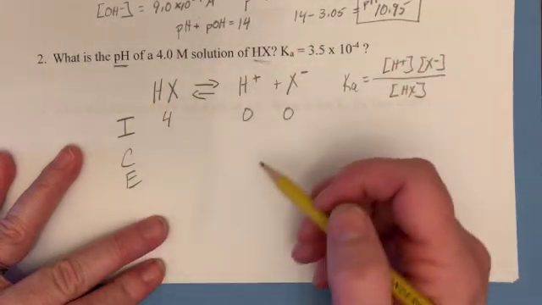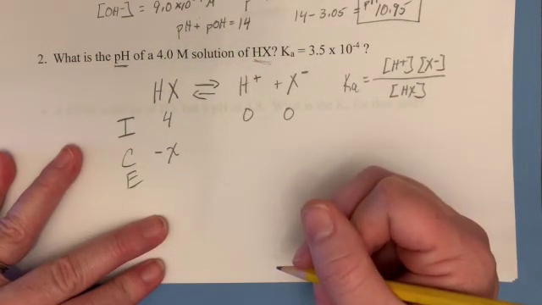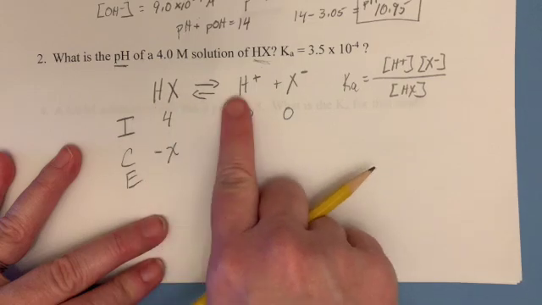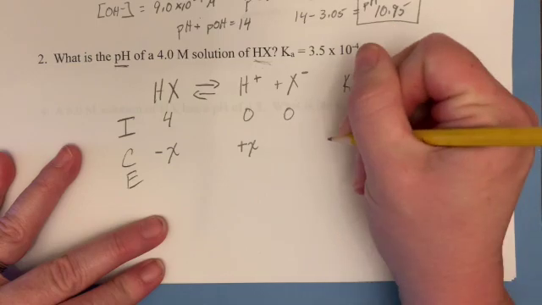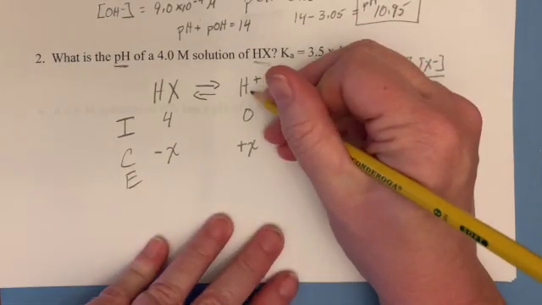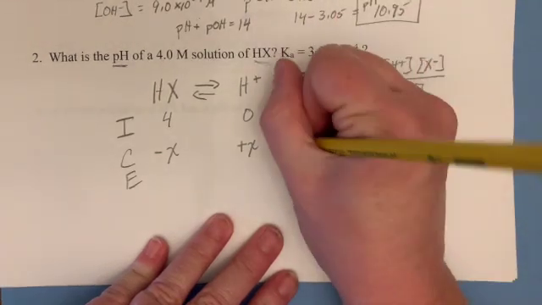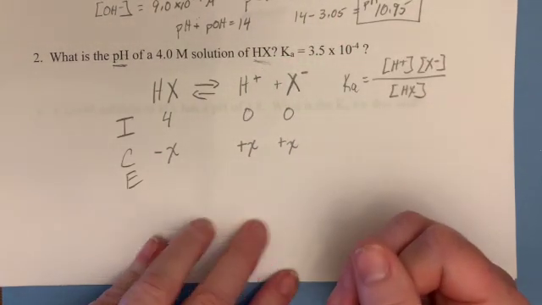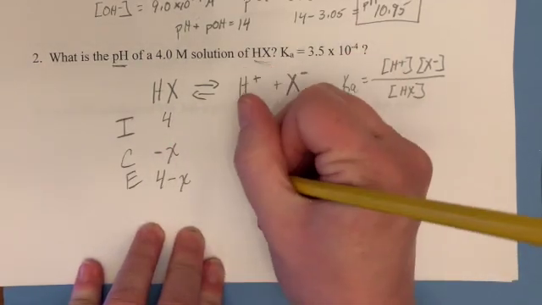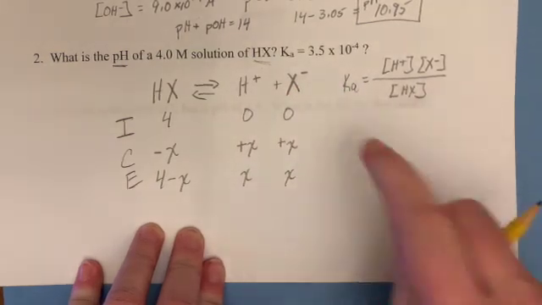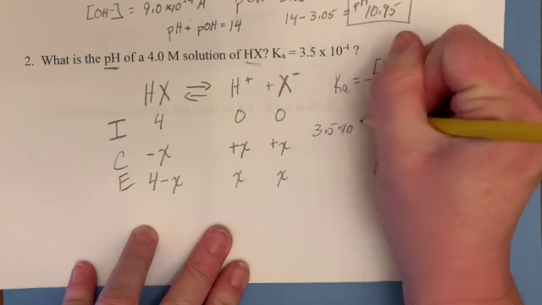Now, what is my change going to be? I'm going to lose some of this HX. It's going to become ion. I don't know what that's going to be, so I'm going to call that X. Because it's a 1 to 1 to 1, this H plus is going to gain some. We're going to call that plus X. Whatever H plus gains, the negative ion, which we'll call big X here, will also gain, so we'll call that plus X there. Our equilibrium, which is what we need, is 4 minus X, and then 0 plus X is simply X and X. Now, I know my Ka that was given to me in the problem, 3.5 times 10 to the negative fourth,